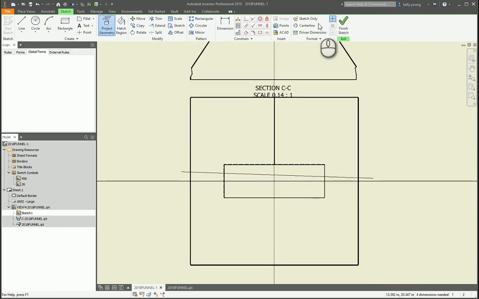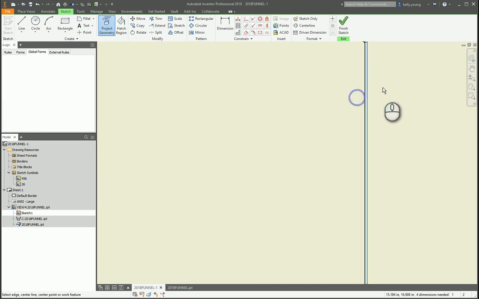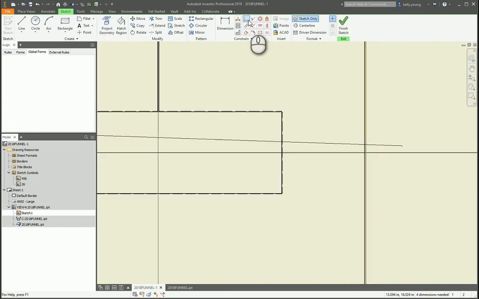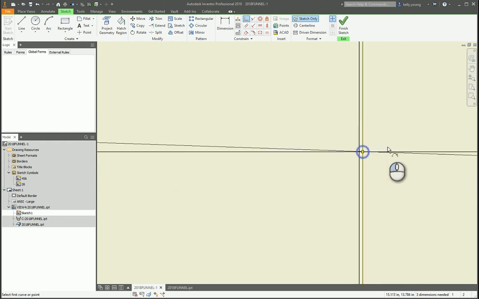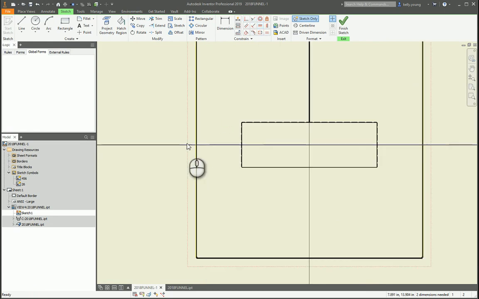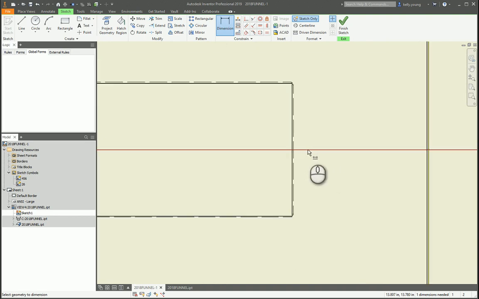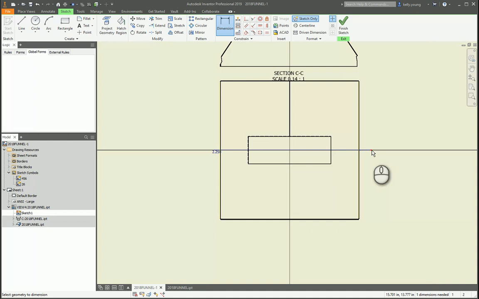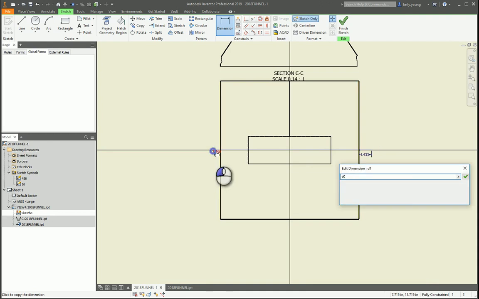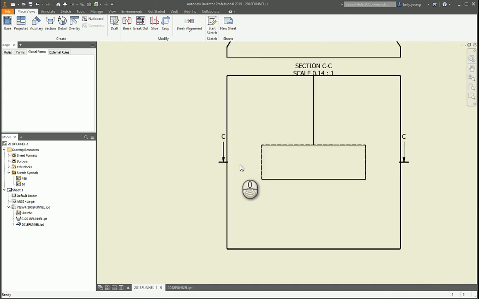If we project our geometry and turn on sketch only, basically grab this line and grab that line. So then if we say this line is going to be on that center point, and let's just make this line perpendicular, parallel. So then you can dimension to the outside here. So let's say 2.25, and then another one at 2.25. So when we finish our sketch now, that line is kind of where you want it,